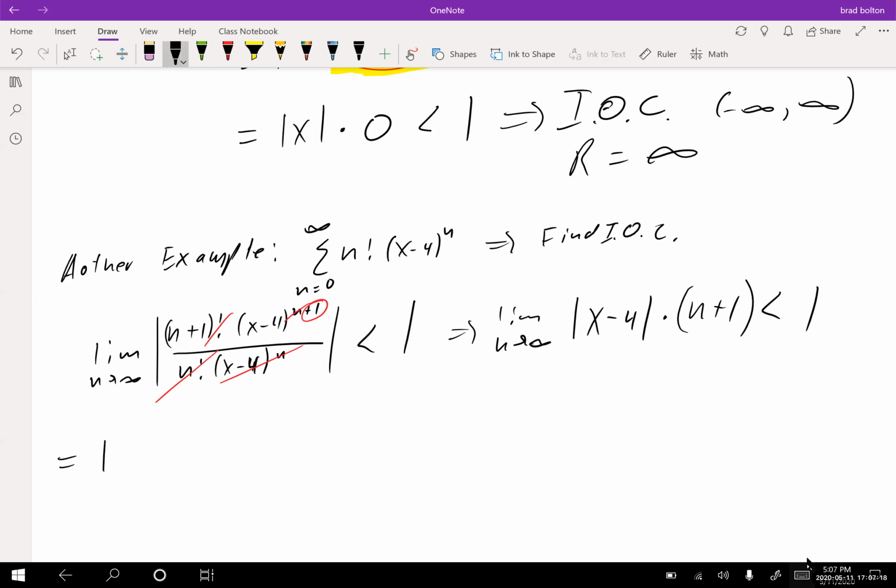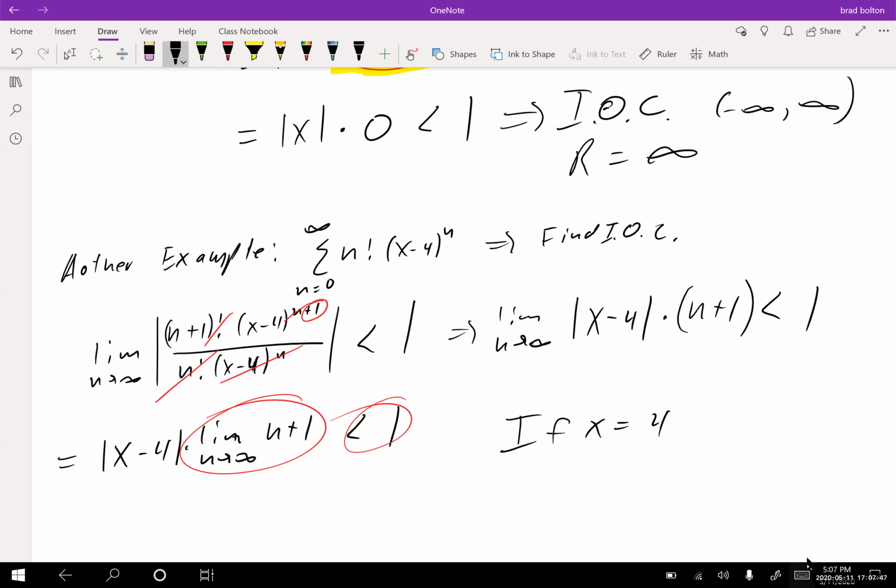We can do the absolute value of x minus 4 times the limit as n approaches infinity of n plus 1 is less than 1. But you guys notice the problem right now, hopefully, is this will always be infinitely large. So what's the only chance we have of this ever being less than 1? Well, this is going to be an infinitely large number. And the only possible situation that could ever lead to this being less than 1 is if x were equal to 4, because then you'd have 0. So if x were equal to 4,